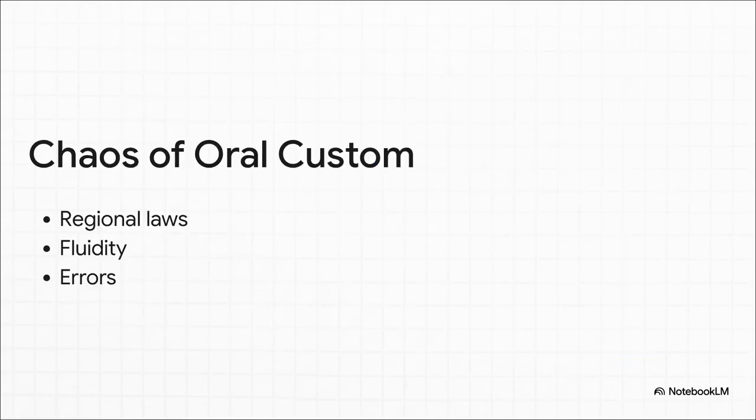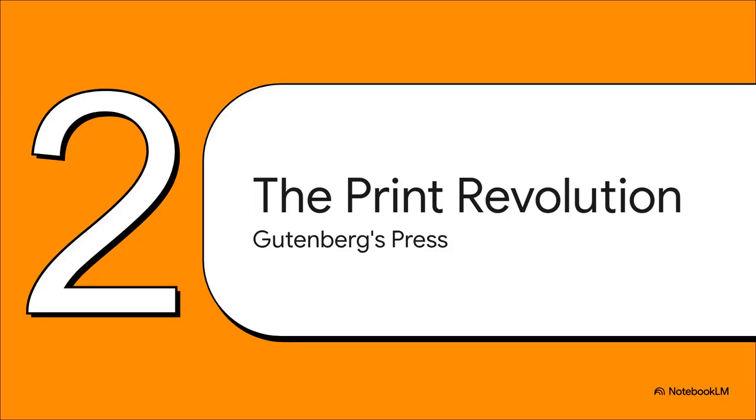Talk about an era of chaos, right? Laws were predominantly oral, deeply regional, and highly ambiguous because they relied so heavily on shifting community traditions. And on the rare occasions when things actually were written down, hand-copied manuscripts were incredibly scarce and completely plagued by transcription errors. Without a fixed medium, human relationships and legal customs were constantly shifting, misremembered, and frankly just impossible to scale. Which brings us to Section 2, the print revolution.